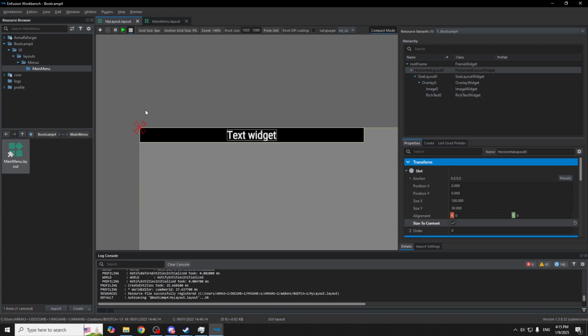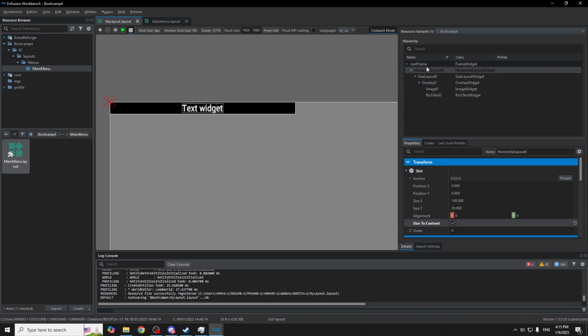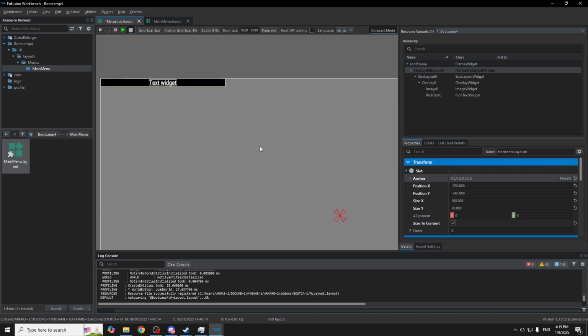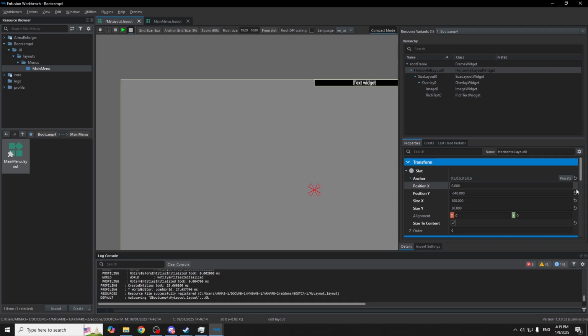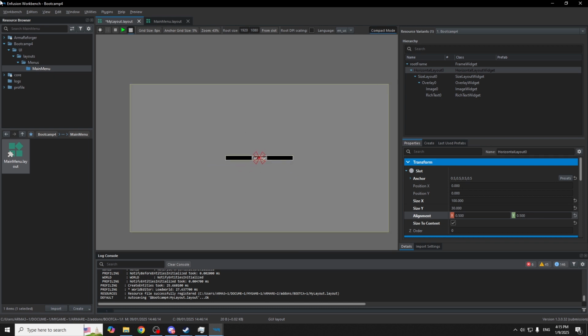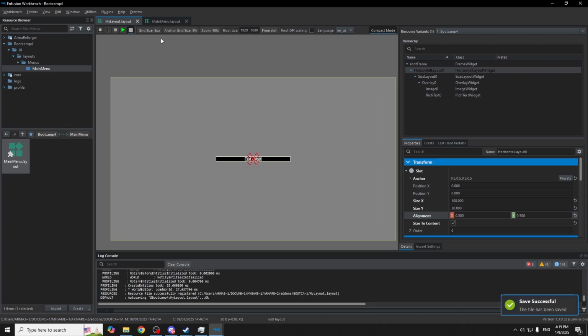Let's take a look at how we can now make this layout widget. And before we do that, let's also perhaps set these to be in the center of the screen by modifying the settings in the slot class. There you go. And we can use the alignment to perhaps make this even more centered. There you go. Okay. So now that we have this, let's save. We want this to appear. Now,